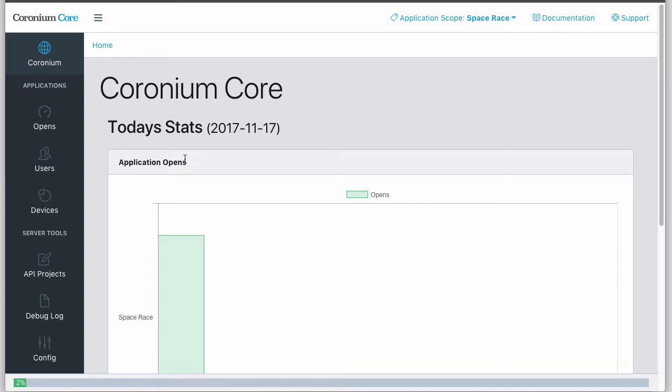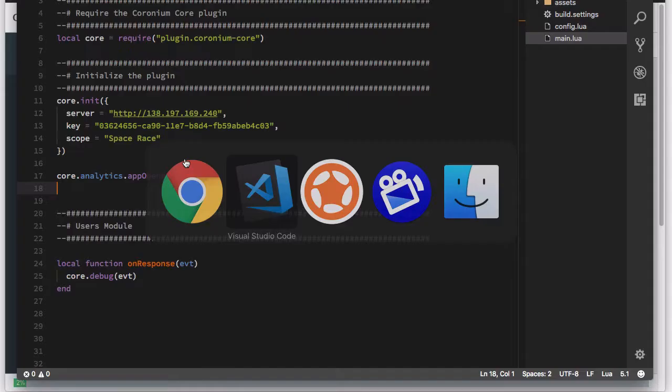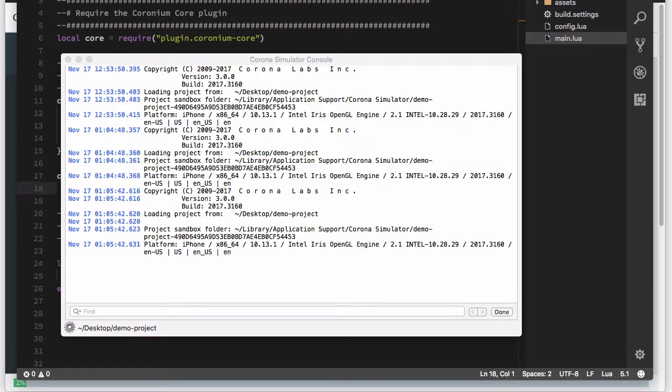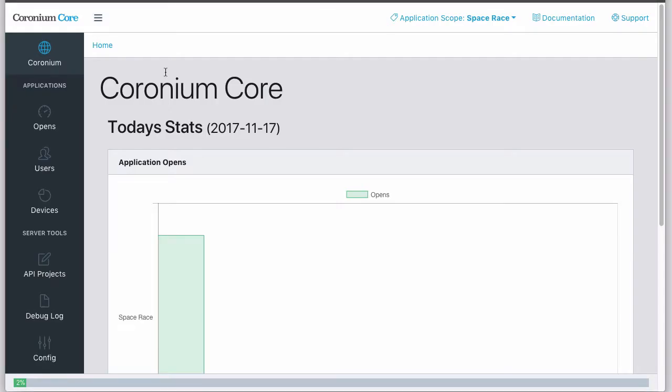Now just for kicks, we're going to go back into the code and I'm going to create another scope. We'll just pretend this is a new application. We'll call this Fun Run, and I'll go ahead and run an app opened on that as well in Corona. I'm refreshing, and then back in the Webmin here I'm going to need to go ahead and refresh so that it updates my application scopes, and now I can see that I have a Fun Run scope and Space Race